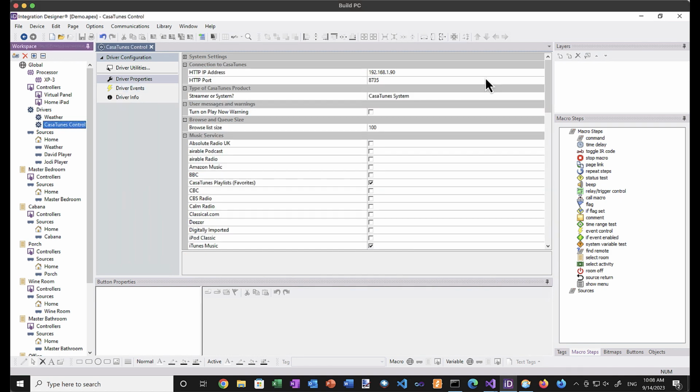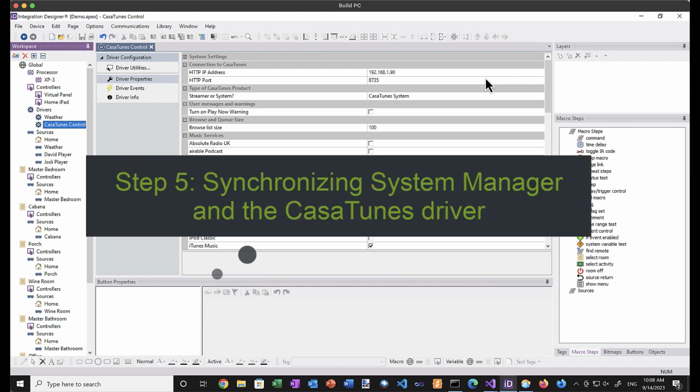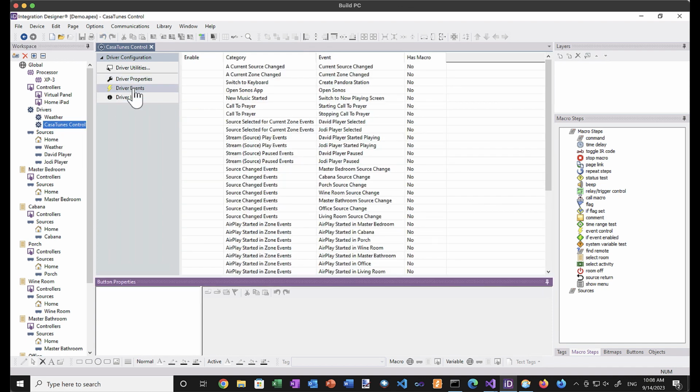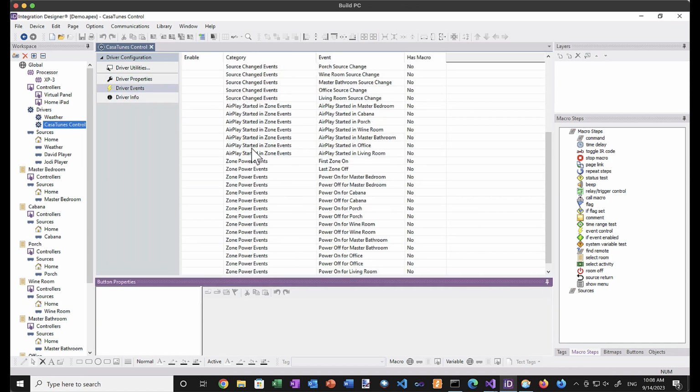Okay, now that we have finished steps 1 through 4 in our integration steps that we outlined at the beginning of this presentation, what we need to do next is we need to go ahead and set the power off events, configure the power off events in the CasaTunes driver. So the way to do that is we select the CasaTunes driver in the left-hand side panel. And then we select driver events, and here you'll see all the driver events that